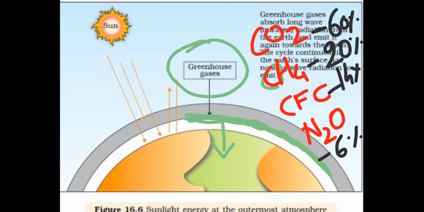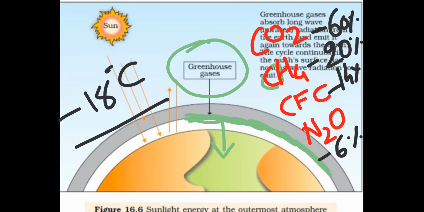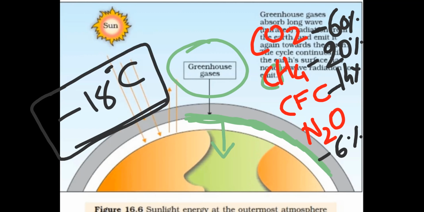Now, the effect on the average temperature at the surface. The average temperature of the Earth's surface would have been minus 18 degrees Celsius. Due to these gases, the infrared radiation comes back and helps to warm up the Earth's surface again, right? If greenhouse gases were not there, and these radiations escaped from the Earth's surface, then the surface would be chilled, minus 18 degrees Celsius.